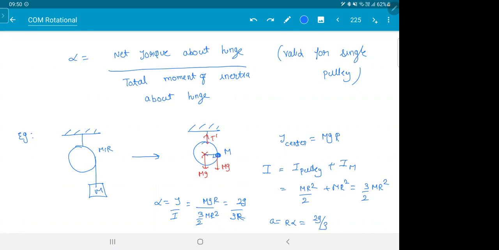So what we did is a net torque. The pulley's torque is not there, only m's torque is there. Total moment of inertia: even though the pulley is not giving any torque, it will use torque to rotate. So moment of inertia of pulley plus particle you have to take. Have a look at this. Any doubts, please ask me. Let's see 2-3 different models on the same thing. We'll get a better hang of it.